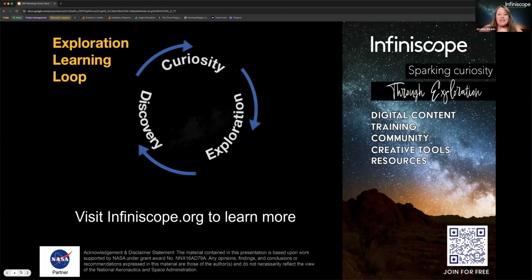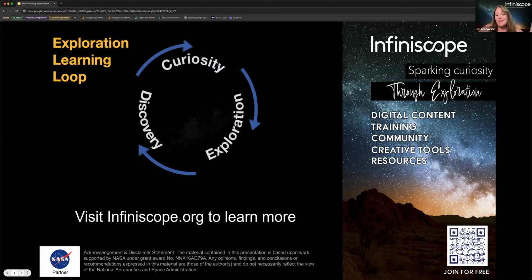And everything that we create, at least as far as the off-the-shelf content, we use what we call the exploration learning loop, in which we pique a learner's curiosity, we drive them to explore, they make some sort of discoveries, and as you know, discoveries always lead to curiosity. These are the kinds of things we would like to share with you in the workshop: how do you create a tour or virtual field trip that really piques the students' curiosity and drives them to do some exploration and make some discoveries on their own.